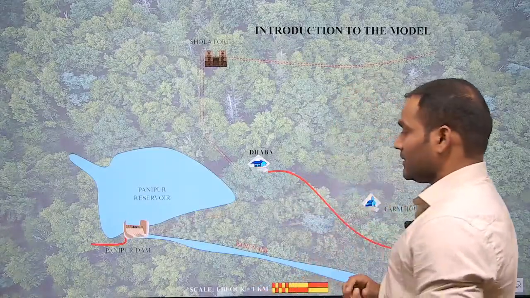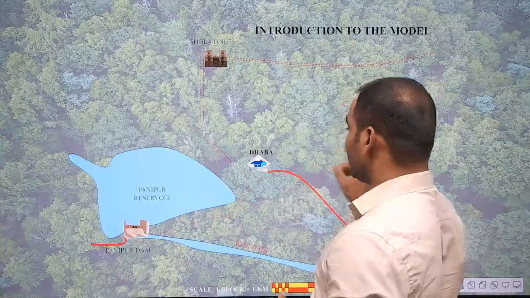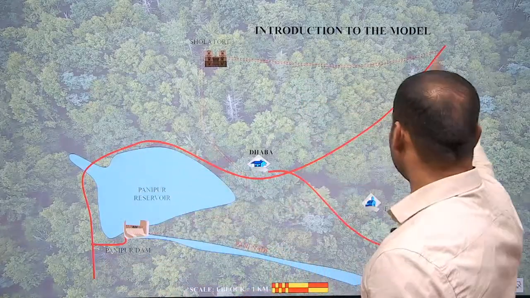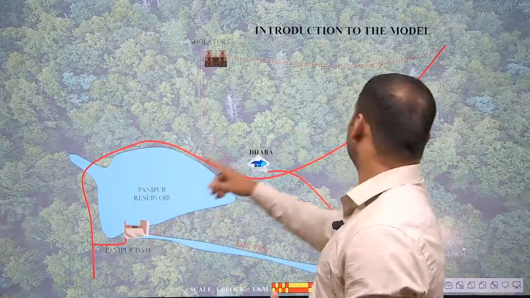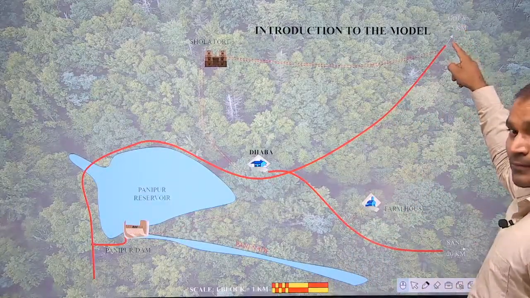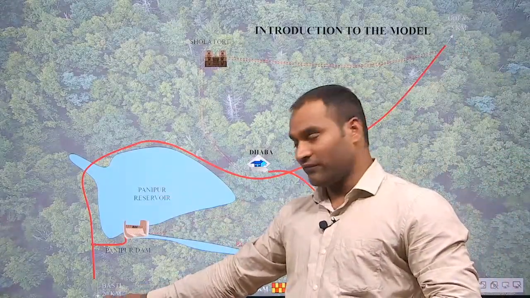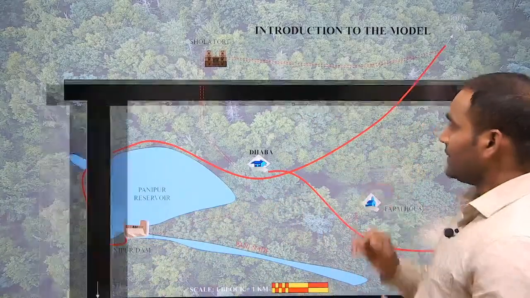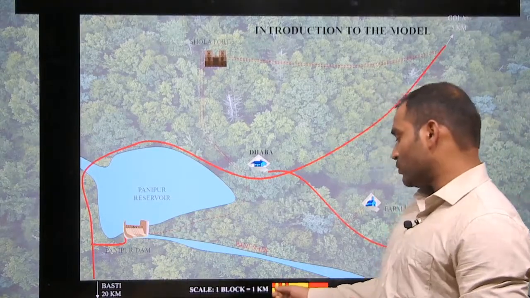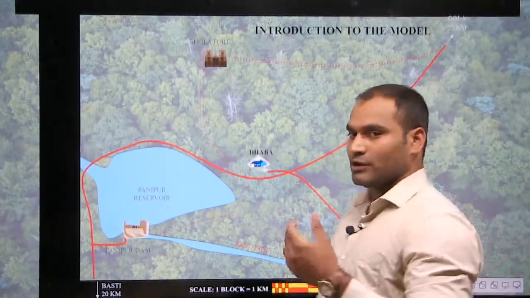And here you can see, so Panipur dam is connected to the Dhava, but it is non-metallic and single Pagdandi, and there we go. So, this is again metallic road connecting the Panipur dam to certain places like Gola. This is the Gola village, which is 25 km from here, and here you can see Basti, which is 20 km further from here. The next thing that you can see, that is the blocks. It means one block is equal to 1 kilometer, or it can be written 2 centimeter equal to 1 kilometer.